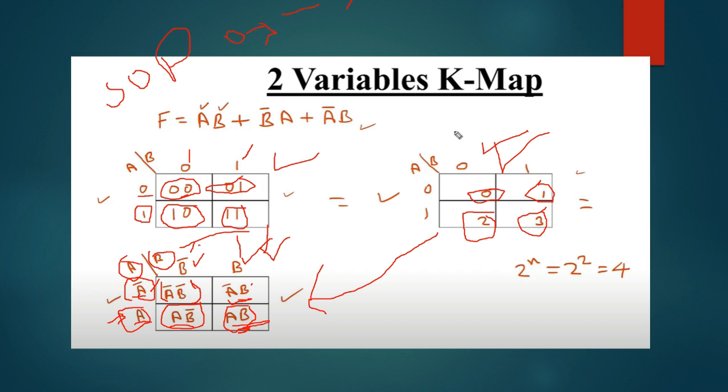Keep in mind one thing, that we are dealing with sum of products, and in sum of products, 0 stands for A bar, 0 stands for A prime. This is a thumb rule, I should say. You need to remember this one. So I hope the different representation of two variable K-map is now understood. So if this is understood, now let's get into 3 variable Karnaugh map.